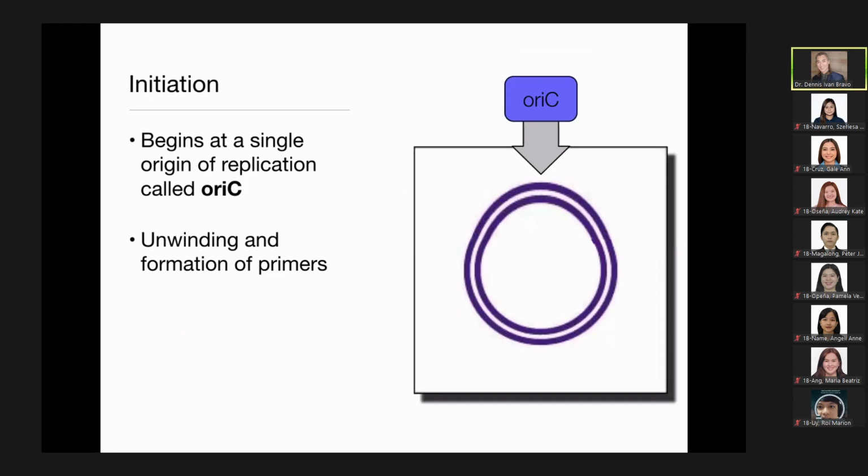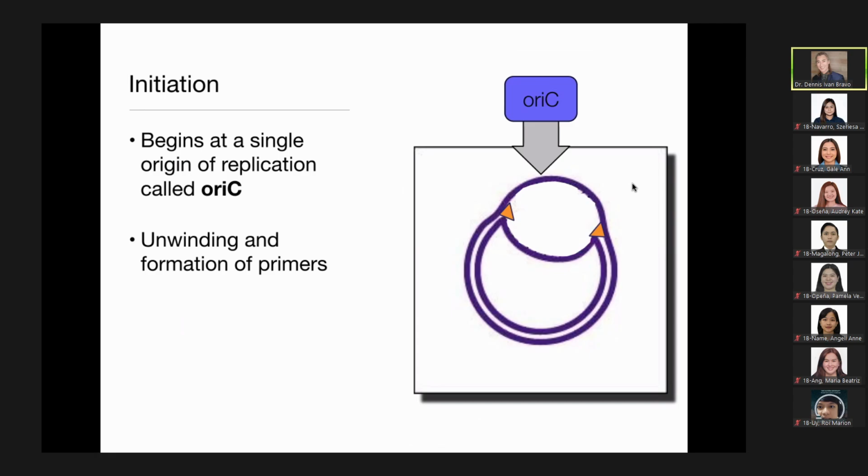Let's start first with a simple version of replication. So let's say this is a closed circular DNA found in prokaryote, and of course, it is double-stranded. The process of replication starts here. We call it the origin of replication, or ORIC for short. So there will be separation of the 2 parental strands as catalyzed by the enzyme called helicase, represented by the yellow triangles. Now that we have single strands, each parental single strand can serve as template for the synthesis of DNA. But first,